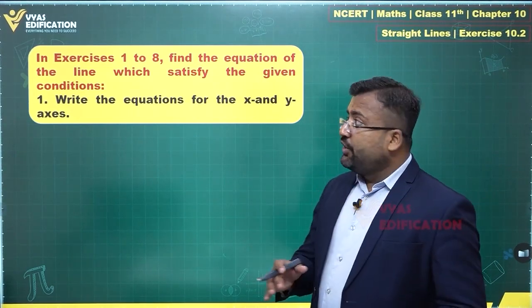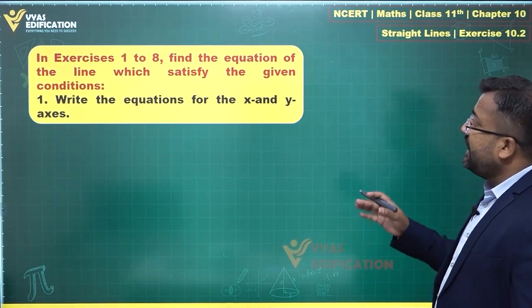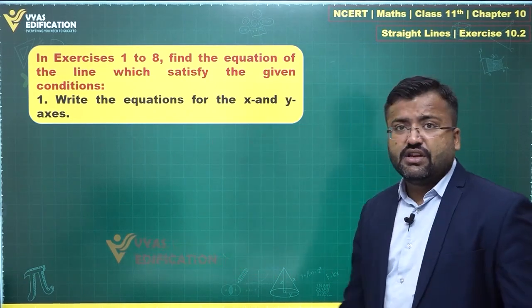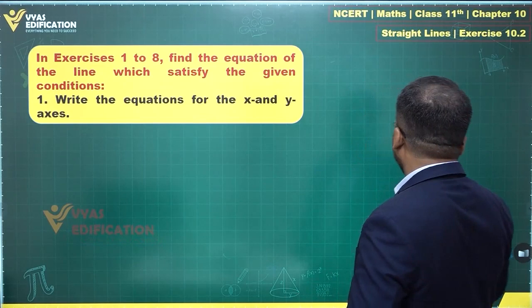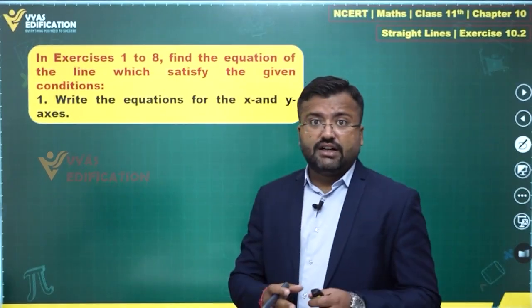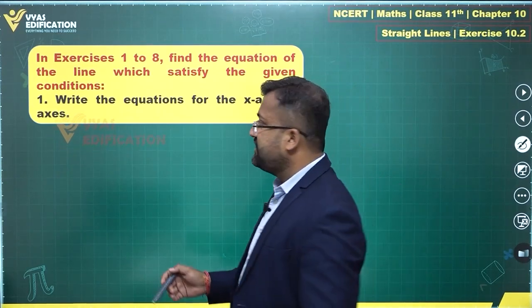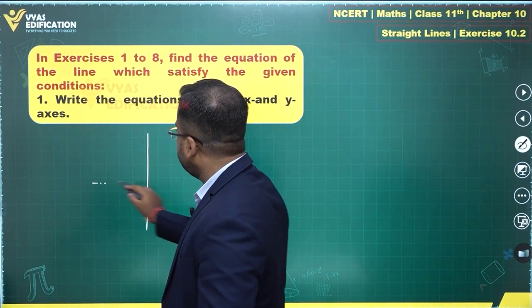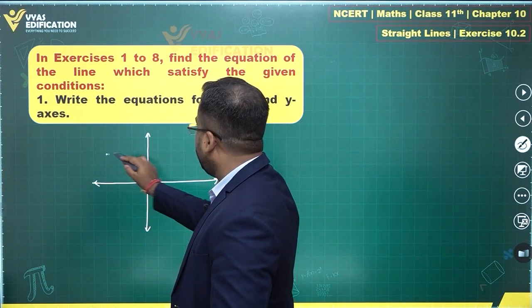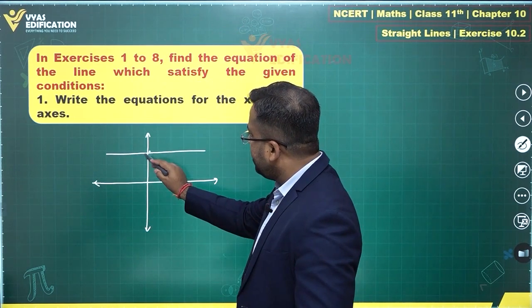So in exercises 1 to 8, find the equation of the line which satisfy the given conditions. Write the equation for the x and y axis. Now for x and y axis, it is pretty simple to write the equations. We know the concepts of lines which are parallel to the x and y axis, which are very simple lines. Let's suppose you have this line, for this particular line, if this line passes through this point